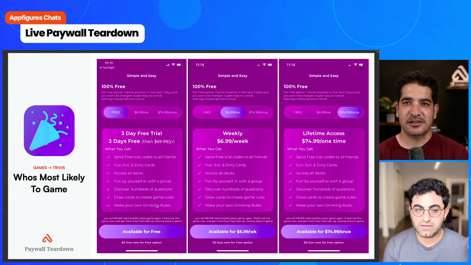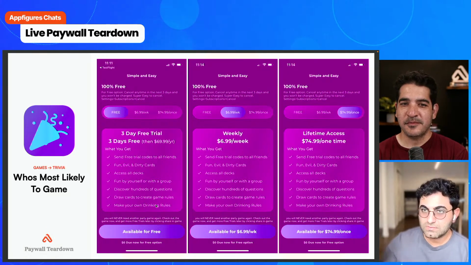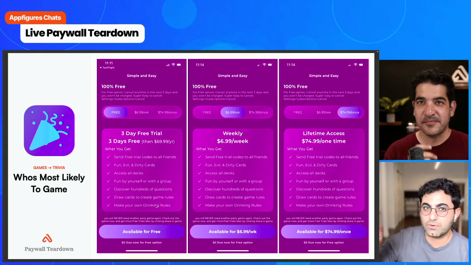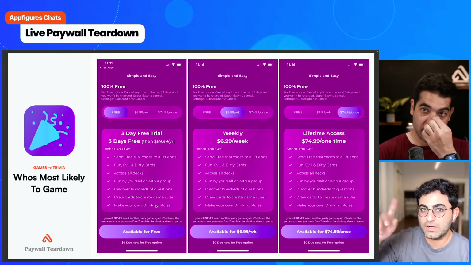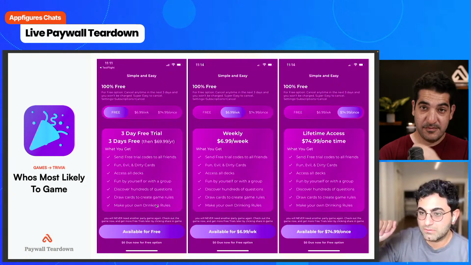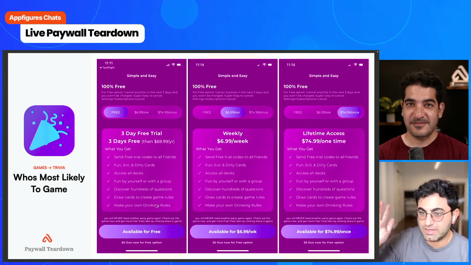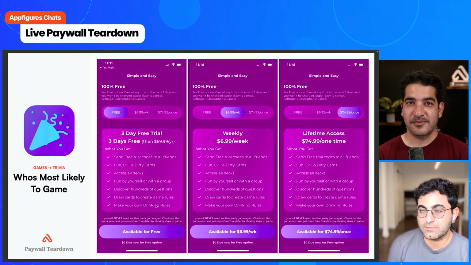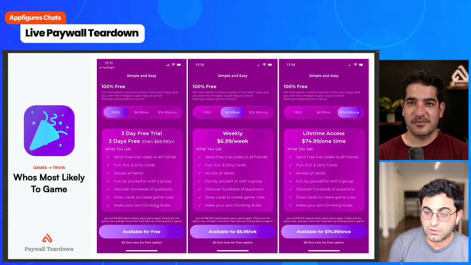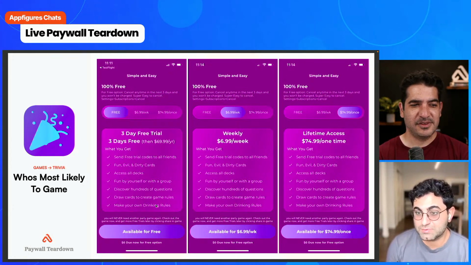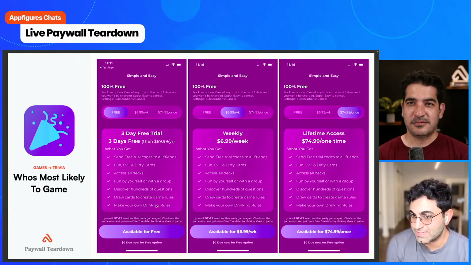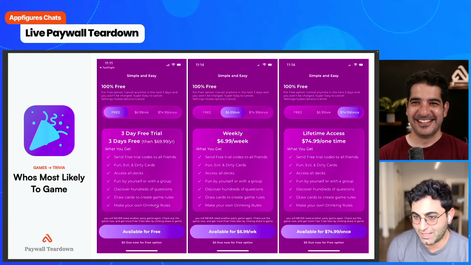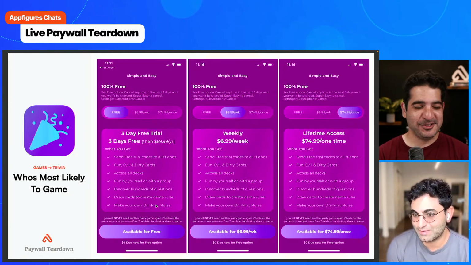Yeah, so actually, just in thinking about this a little bit more, there are really two scenarios with the lifetime. One is you're clipping a whale. There's a whale that would have been spending a lot of money, but now they're just choosing a lifetime. But the other option for lifetime is there are people who don't do subscriptions. They just don't do it. No matter what you say, they're like, this is software, I will not subscribe to it. They hate Netflix. There are those people. It's a big market.